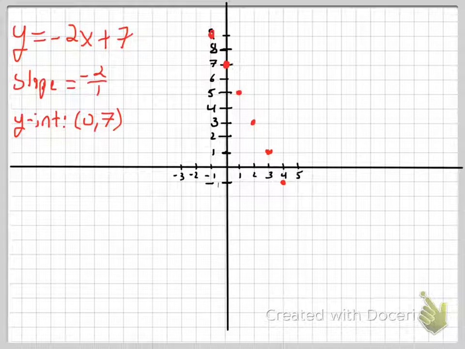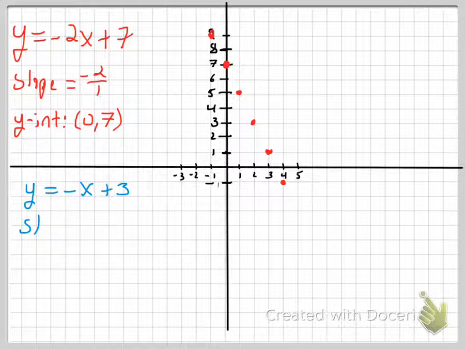And I kind of have a tendency to not connect my dots when they're in y equals mx plus b until the very end, because then I can see where the two dots overlap, and that's going to be the point of intersection. So if we look at the other equation, y equals negative x plus 3,